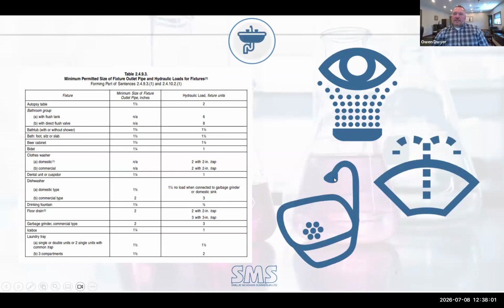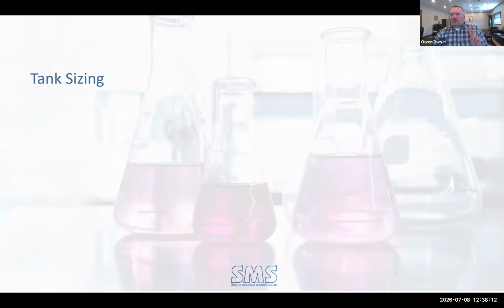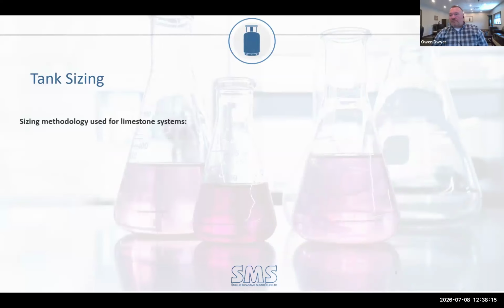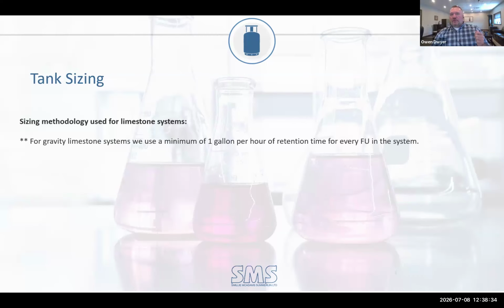Tank sizing. So this is kind of where the rubber hits the road. So we're all familiar with fixture unit tables in the code. 2493 gives you a list of all your fixture units. Lab sinks fall under other. So you get a 1.5 fixture unit value for every lab sink. The sizing methodology predates me in this industry, which is 30 years. I don't know what genius came up with it, but if you look at other manufacturers' literature, and by the time you do the calculation, it essentially boils down to effectively 1 gallon of retention per hour per fixture unit